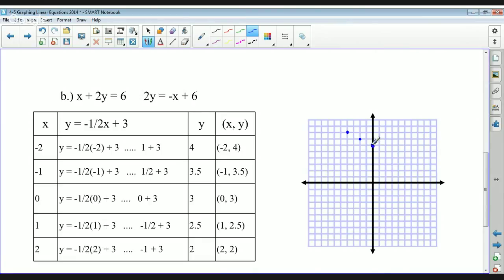Again, 3 is our y-intercept because it was all by itself in the given equation. 1 and 2.5 takes us here, and 2, 2 is here. And if we pull out a line tool and connect our dots,